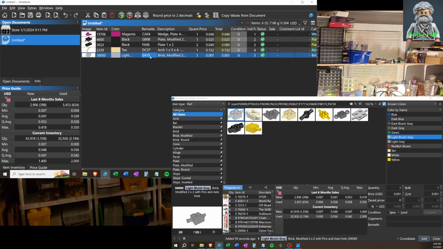EA19. And then I need to pull pricing information, which if we look down here, says last 6 months sales under used, average price is 28. So I can double click on that and it'll pull that up in there. And let us find